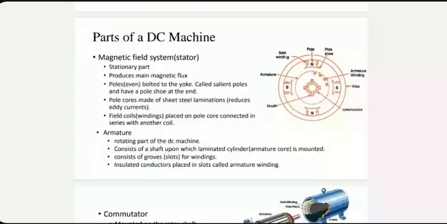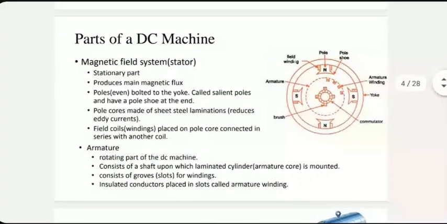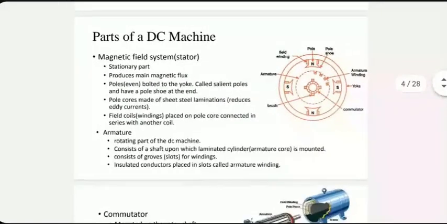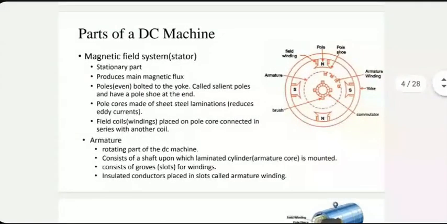As far as the construction is concerned, you have a stationary part and a rotating part. The stationary part generates the required magnetic field, and the rotary part has all the conductors that generate the required EMF. Lot of details in both. Magnetic poles can be 2, 4, 6, 8, etc. They are mounted on the inside of the stator.